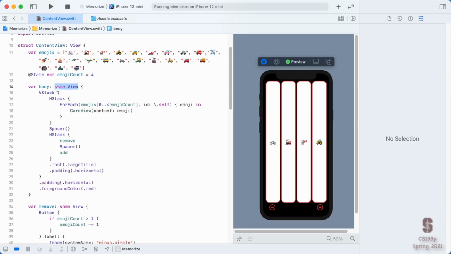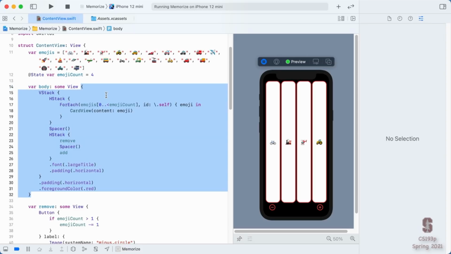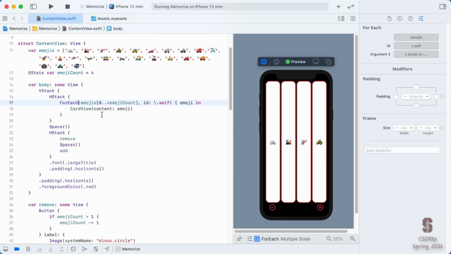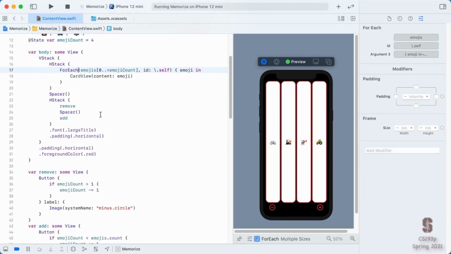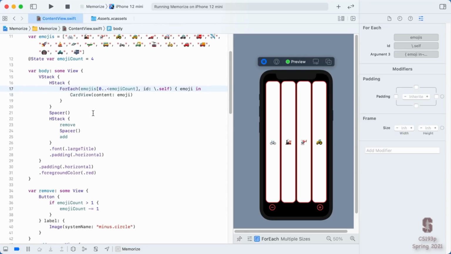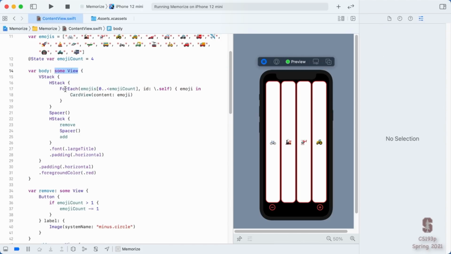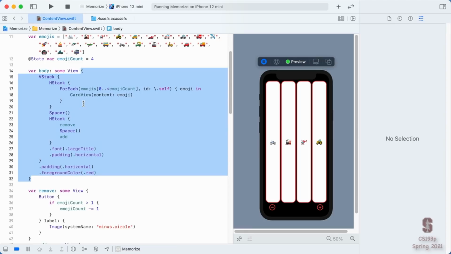view. Now the value of this variable is calculated by executing this function, which just gets dropped right in the middle of our code. And we found that dropping functions in the middle of the code is something we do all over the place in Swift. We did it a dozen times in building this user interface. And so it became commonplace for us to do it. Now this function obviously has to return something that is a view, and we know that the compiler is going to replace some view right here with whatever the actual view that's returned from here is.